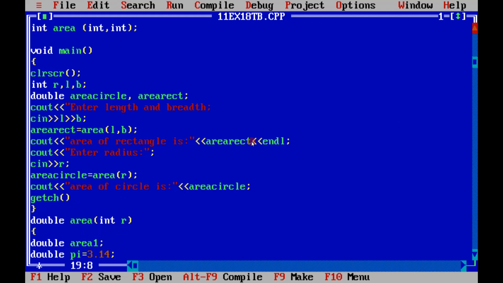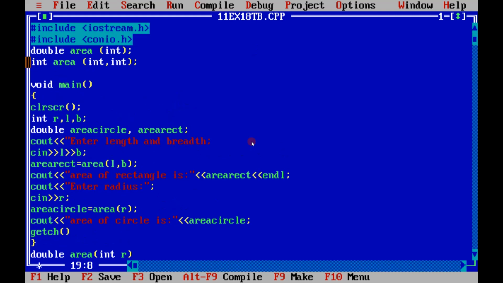One more thing, the function prototype here. Can you see we had used two functions other than the main function whose name was area, and this area had one integer parameter and this area had two integer parameters.